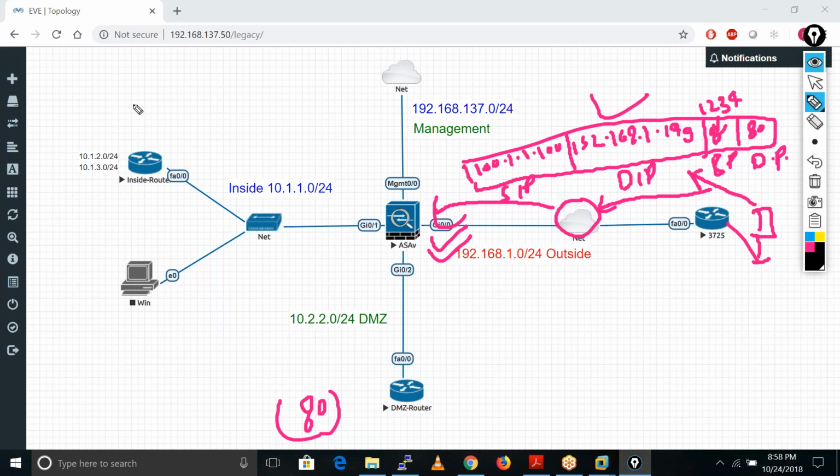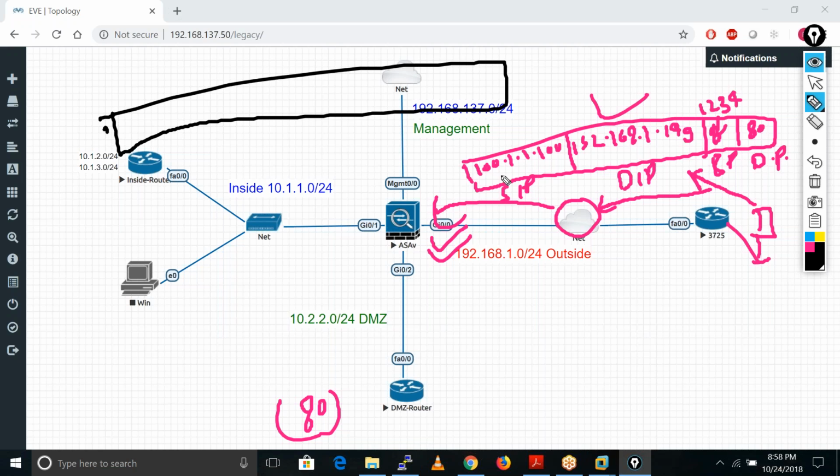So now it does the translation this way. It keeps the source IP the same, 100.1.1.100, and changes the destination IP into 10.2.2.100. The source port is 1234 and the destination port is 80.